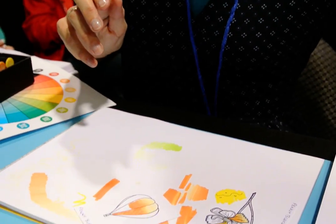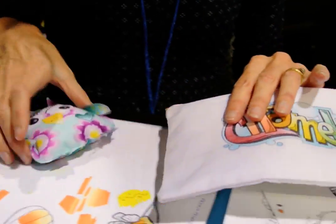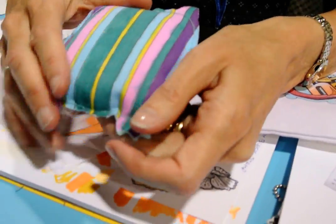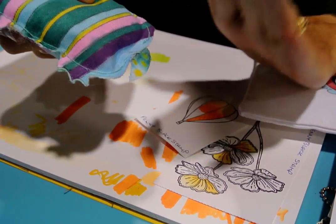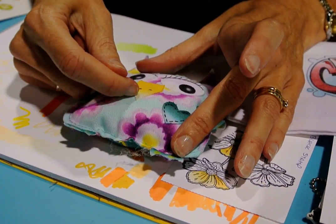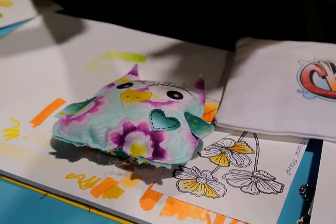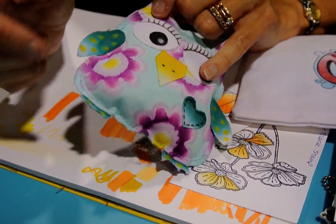You can do it on fabric. Now I bought just some white cotton and I just coloured flat on the back here, and you can see it will wick with fabric. To stop it from wicking, all you do is you take aloe vera gel and you pipe it around the edge where you want it to stop the colour from running, and then you just colour in those lines and it will give you